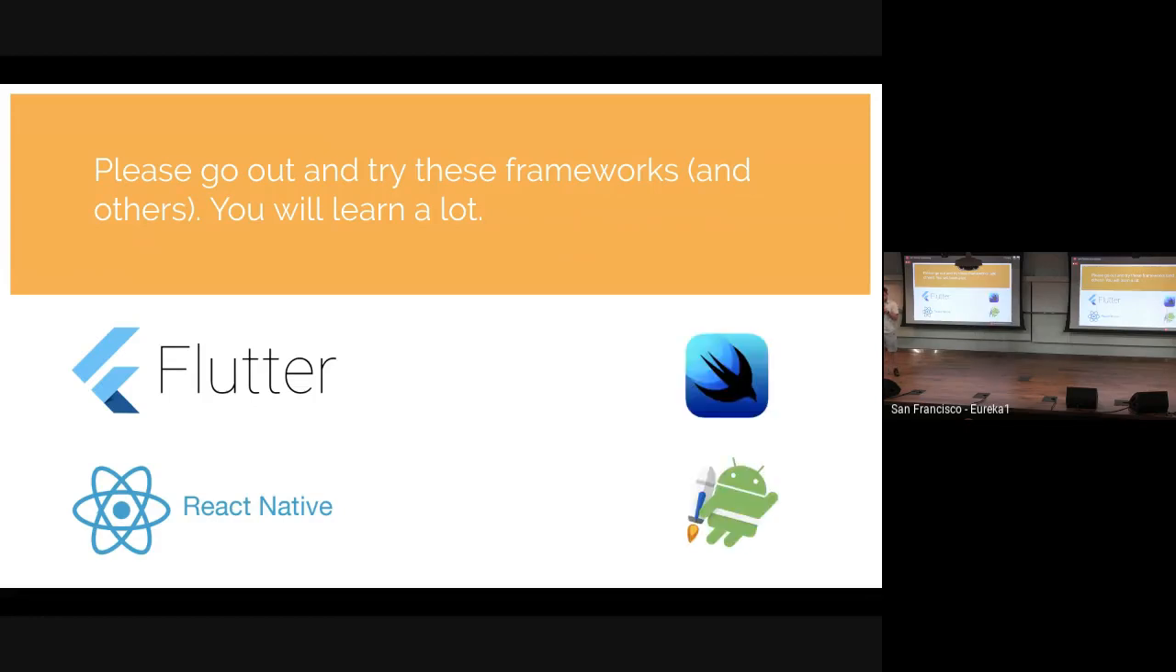And does anybody know what these two icons are? Speaking of frameworks. Yeah. All right, what do we got? Swift icon and Android icon. Okay, that is true. Okay, I heard SwiftUI. Yes, so SwiftUI, which I think is